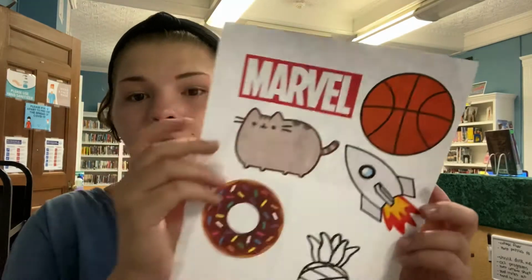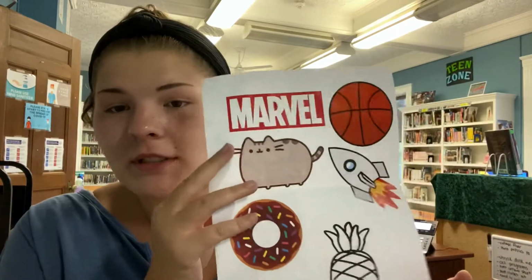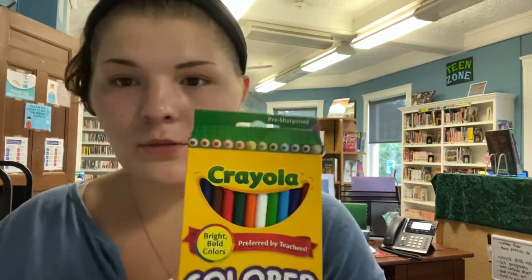So in your kits, you should have gotten two pieces of Shrinky Dink paper. One has holes in them to make some for keychains, and this one's kind of just a regular one to make whatever you like. You should have gotten a couple pages of some fun ideas. I just printed random things that I thought were cool looking. So I added maybe a couple pages of those. You should have gotten some keychains, a pack of colored pencils,